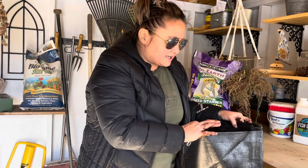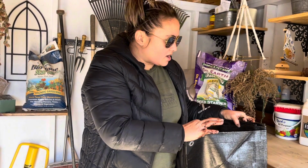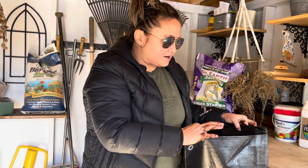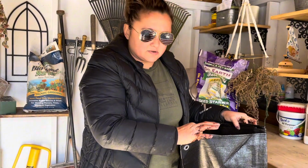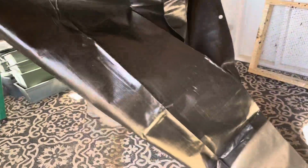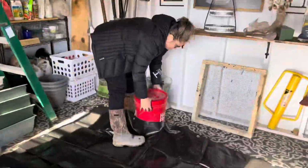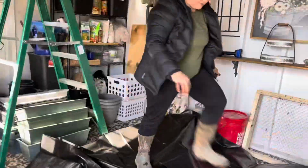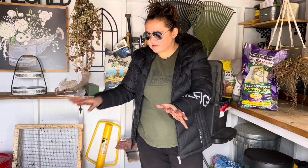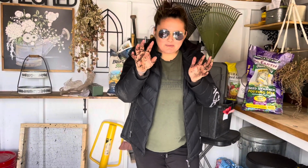I think this one's what, an 8x10? Did we get? 8x6. 8x6. So we're gonna lay this out here and then we're gonna get the other ingredients onto it. Okay, so we have it laid out. If you have two people and not the second person recording, then grab that person to help you kind of